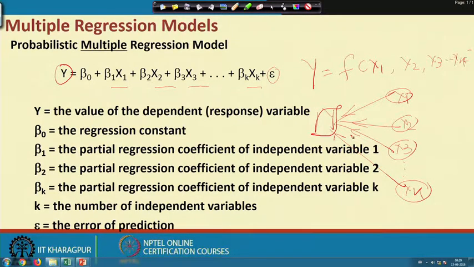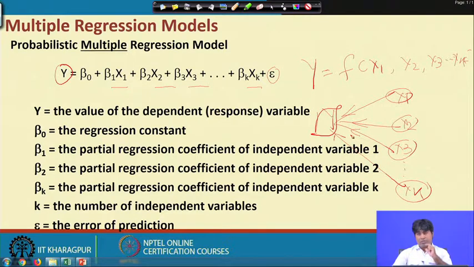That means every time we would like to check the individual impact of a particular independent variable on the dependent variable. But while connecting more independent variables to y individually, by default you must be sure that all these independent variables are technically independent.